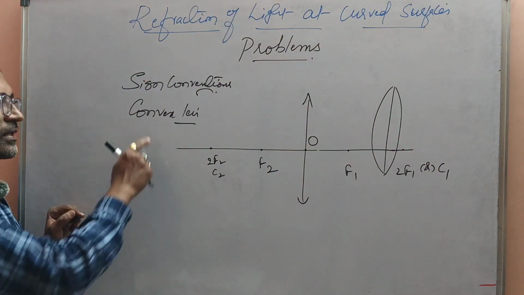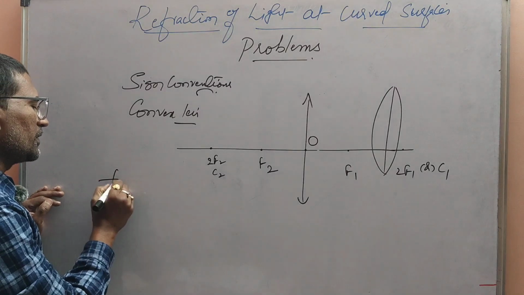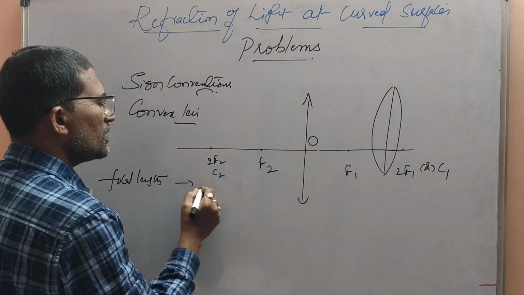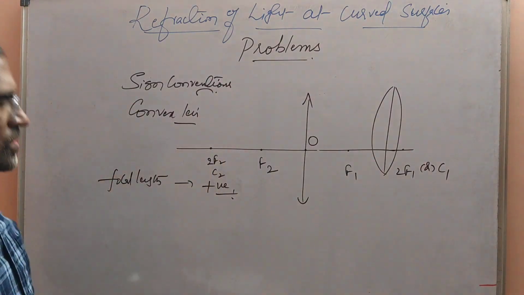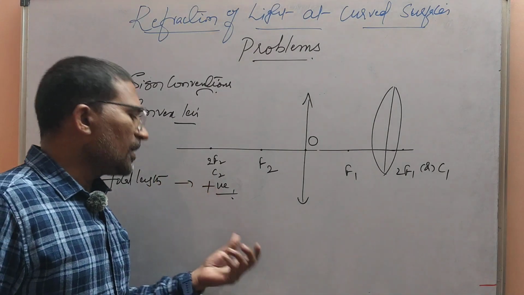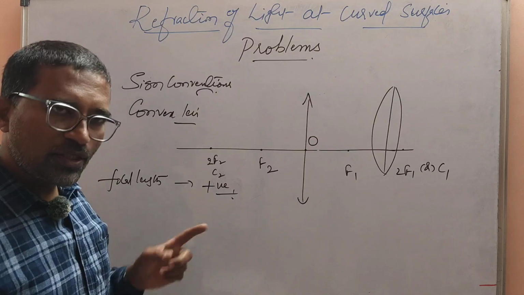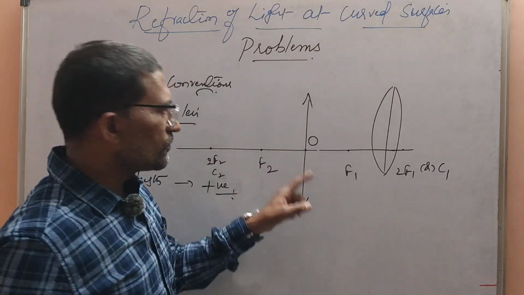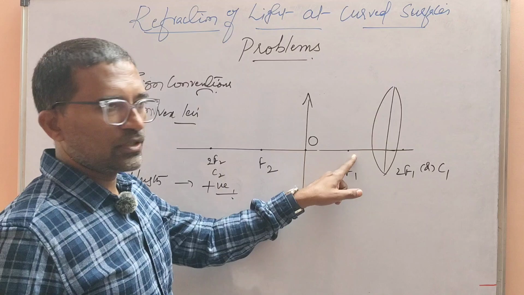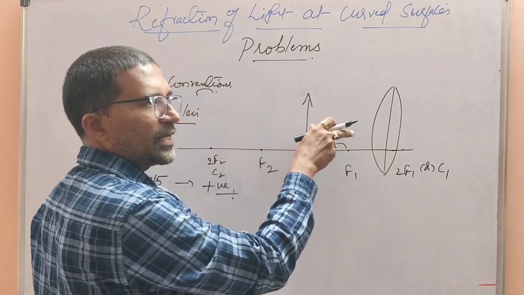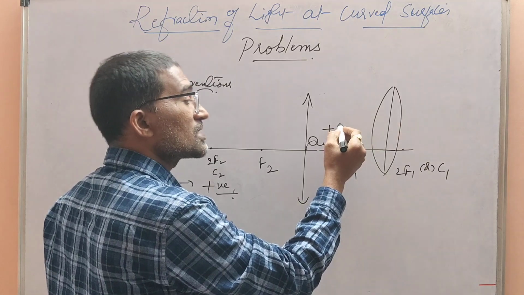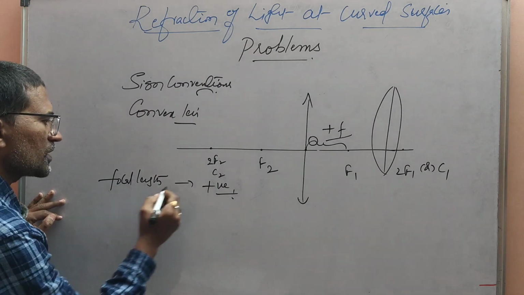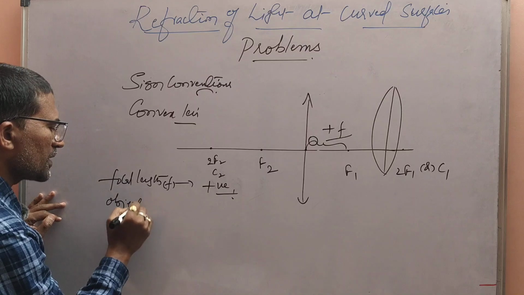Now, while writing the conventions, first of all, we should know about the focal length. Focal length in terms of a convex lens is always positive, because in most cases the real images are formed in a convex lens. Not only that, the refracted light rays converge at the focus, and we measure the distance from the optic center to the focus in the direction of the light, hence it is considered a positive value. The focal length of a convex lens is positive, and the object distance